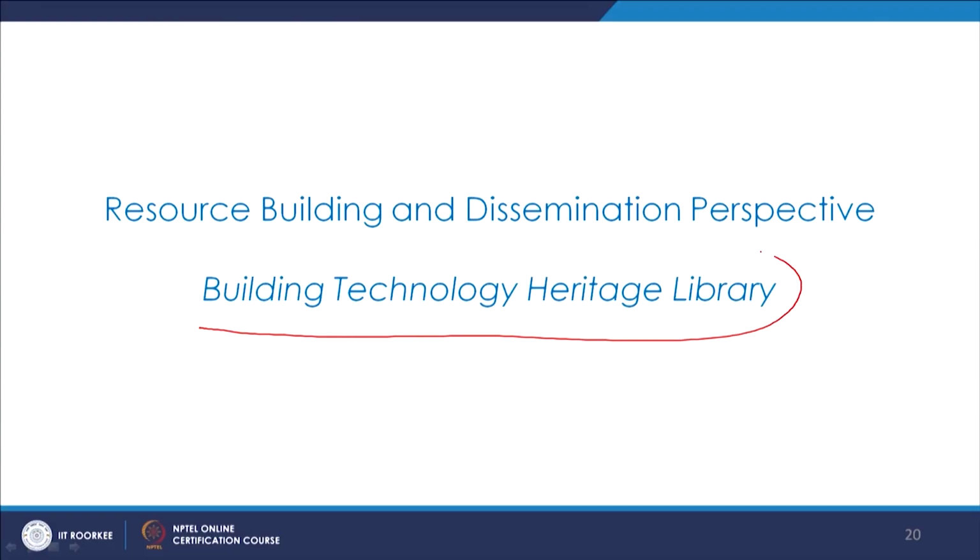Now seeing the Building Technology Heritage Library, this is an online library and I found it very interesting. It has amazing resources, a lot of books, catalogs, visual repositories and inventories, and they give a lot of information on different materials and making and craftsmanship, different kinds and typologies of built forms, residences, bungalows, and so on. So it's again a very rich resource hub.